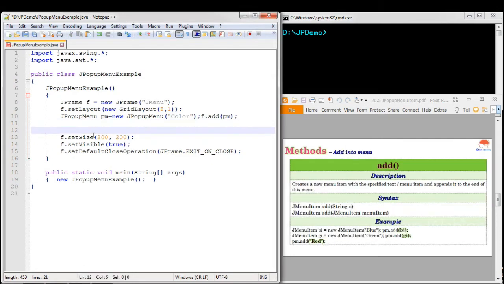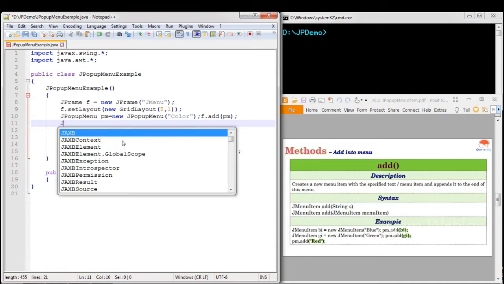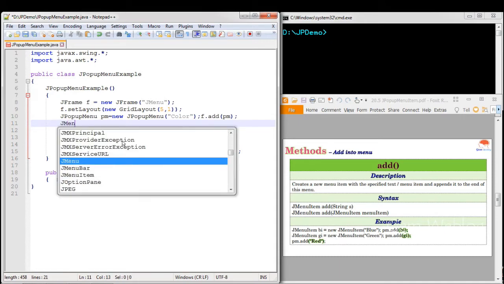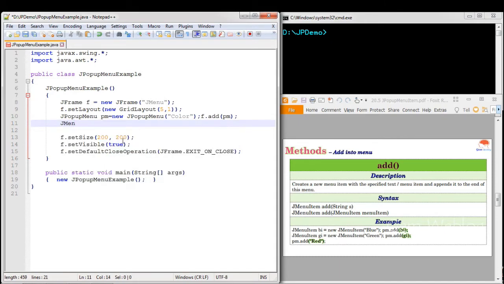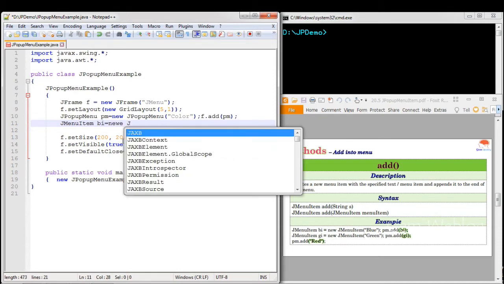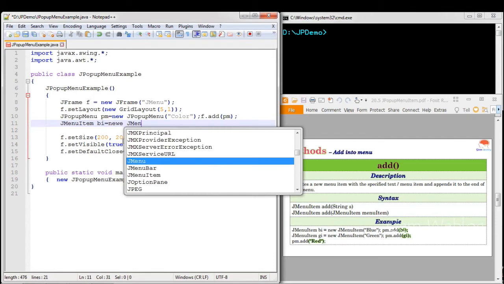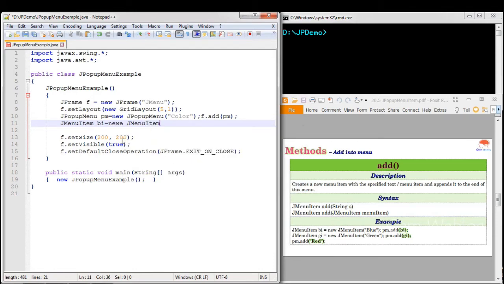Now we will discuss how to populate your pop-up menu with menu items. For this you have to create the menu items. So we are creating two menu items. JMenuItem bi = new JMenuItem, and we are giving Blue.